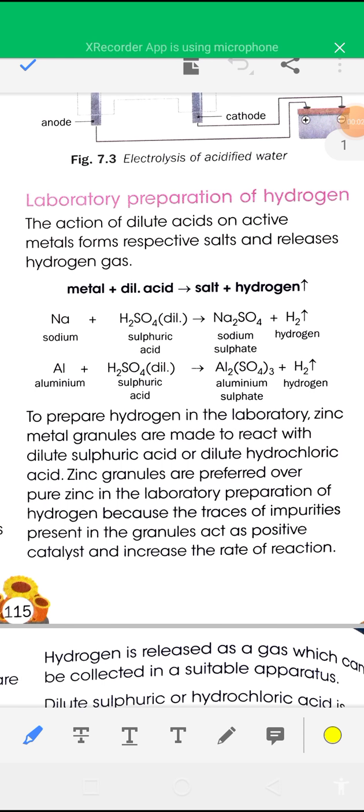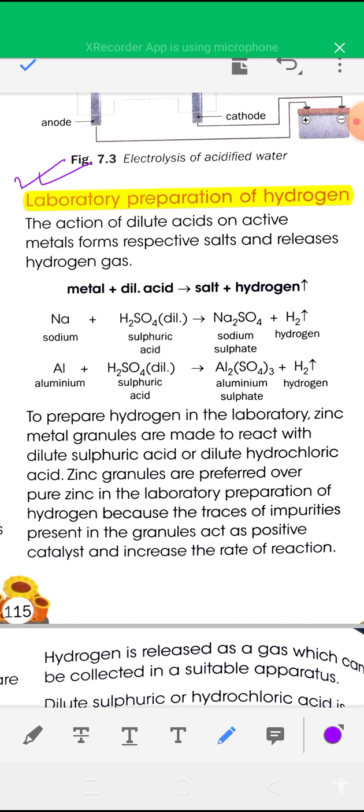Good morning students. In the last video I told how to prepare hydrogen, and one method I told is electrolysis of water. By electrolysis of water you can prepare hydrogen gas. The second method of preparation of hydrogen is the laboratory preparation of hydrogen. You can prepare hydrogen gas in the laboratory